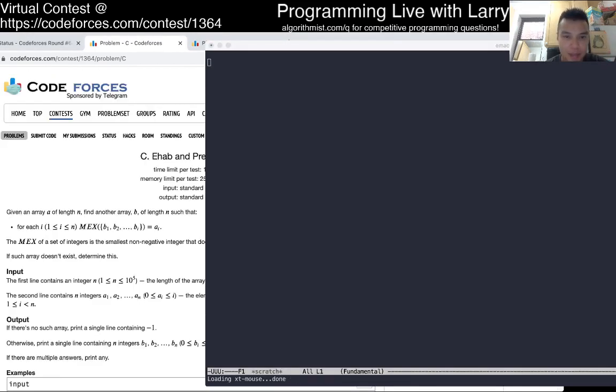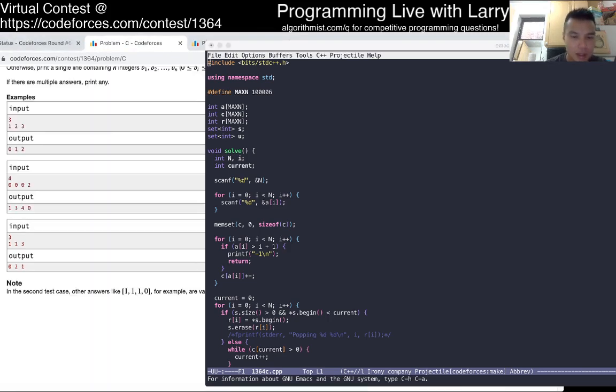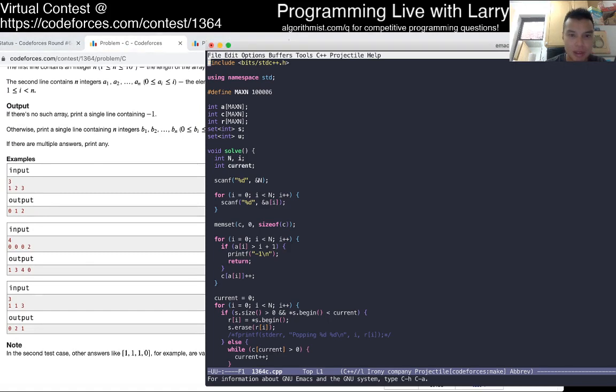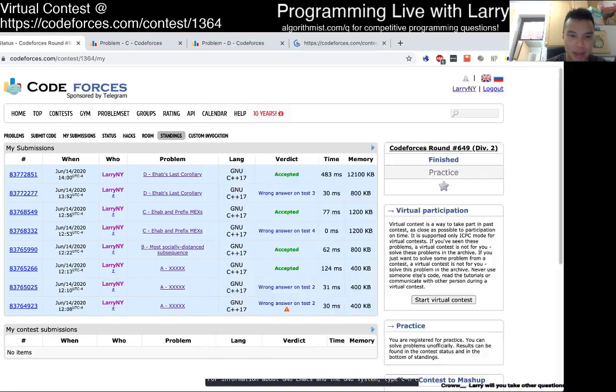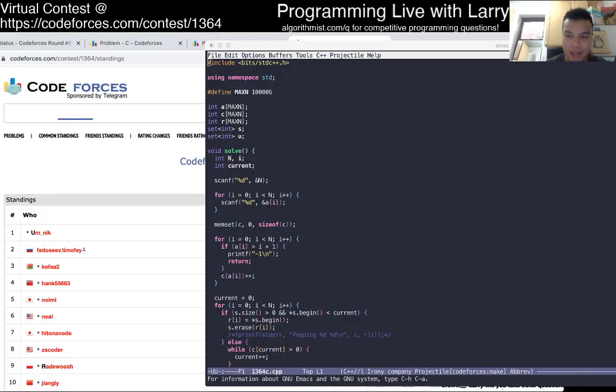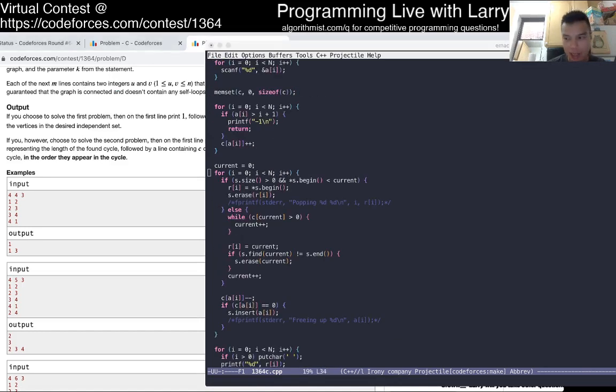Yap and prefix max. Yeah, so this one I had a silly mistake about. I took half an hour on this one because I was trying to be a little bit careful about it. Perhaps too careful, because my standings were terrible if I didn't finish this one. If I finished it, it would have been okay, but I was very close to finishing, and top people are really fast about this. But the idea is going left to right, we keep count.